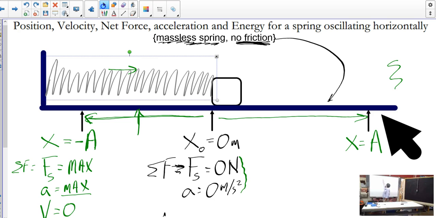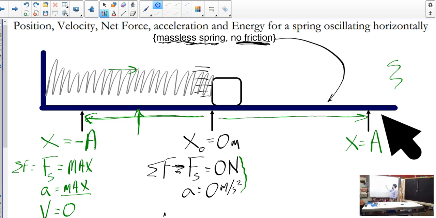What else? Now what do we know about it? First of all, unlike the beginning situation, we should all recognize that at this point, that thing's moving, right? It's moving from left to right. And even though the net force on it at that point is 0,